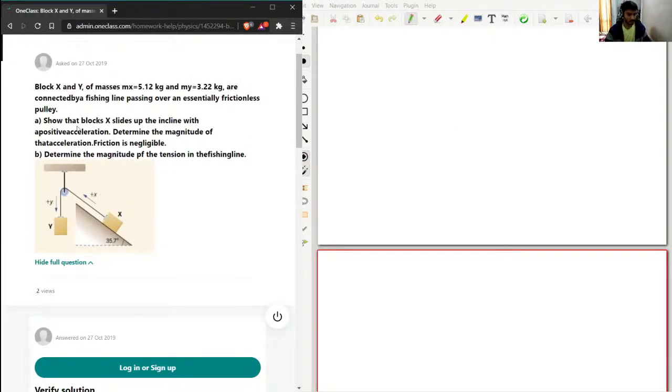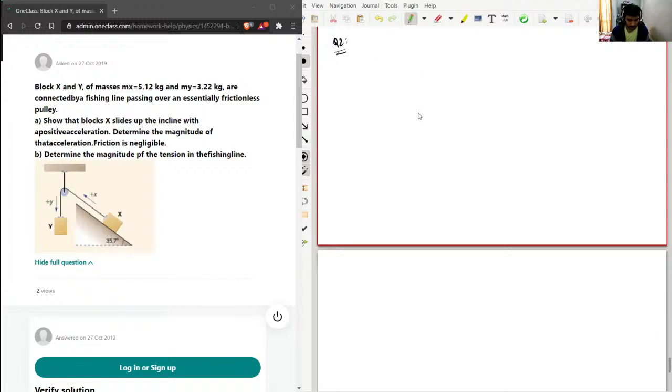Okay, so a problem from mechanics. It says that blocks X and Y of masses mx equal to 5.12 kg and my equal to 3.22 kg are connected by a fishing line passing over an essentially frictionless pulley. Show that block X slides up the incline with a positive acceleration. Determine the magnitude of that acceleration. Friction is negligible. Determine the magnitude of the tension in the fishing line. So this is our question number 2,